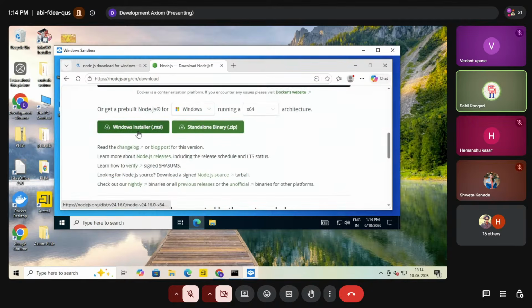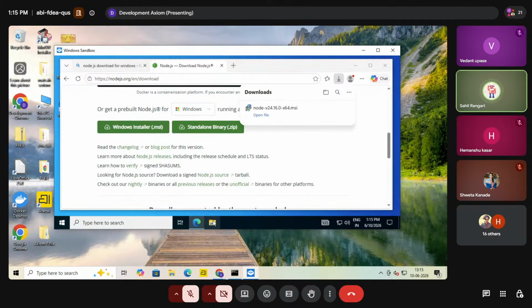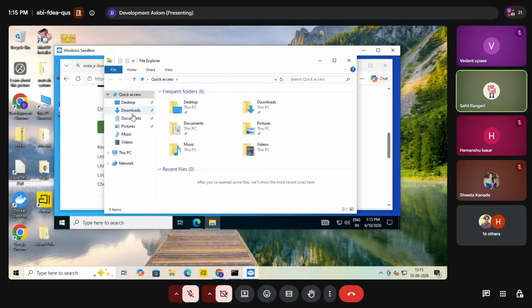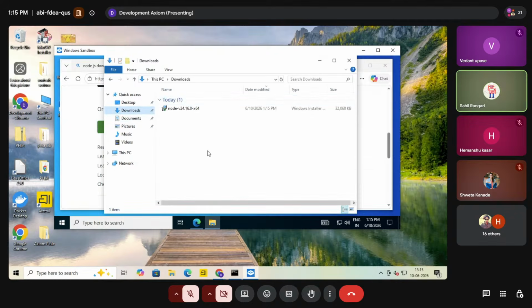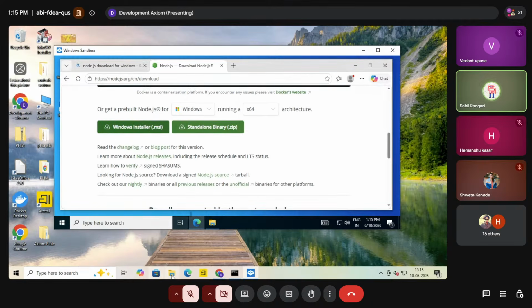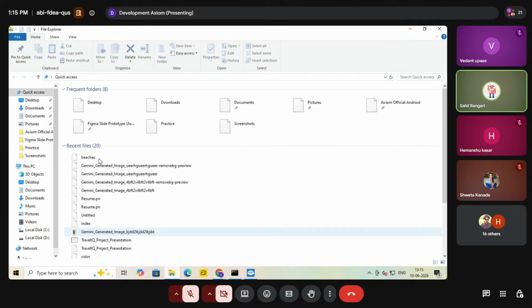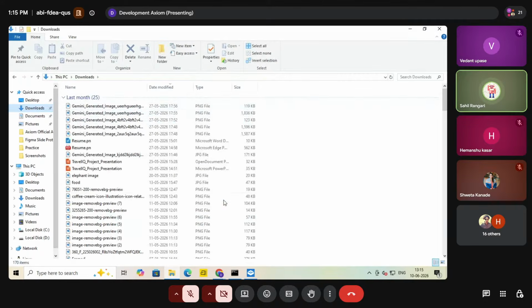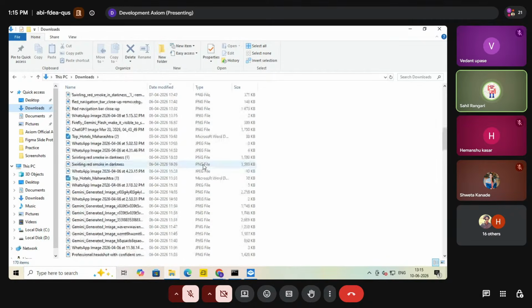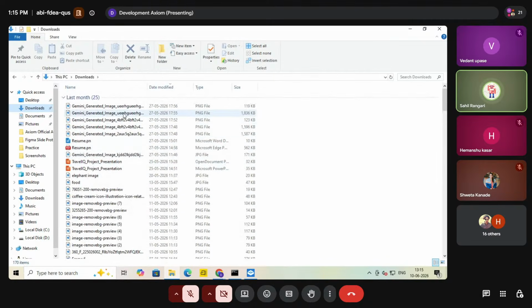We'll try with a Windows installer file, and we'll try to download this. That will download in the virtual storage file manager just here. So I will open the file manager of the sandbox, and I will look briefly. Look, there is no other file showing in the timeline, and there is only this one single file available in this sandbox. So I will go back and check the file manager of my system. In the download section, there are multiple files available, which I already used in my local system. But there is no downloaded file which I downloaded right now in the sandbox.